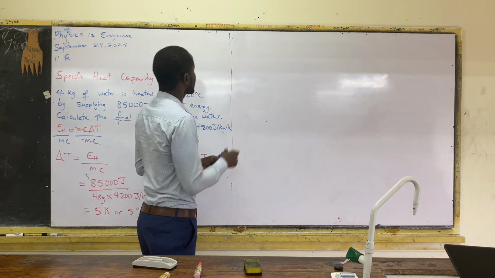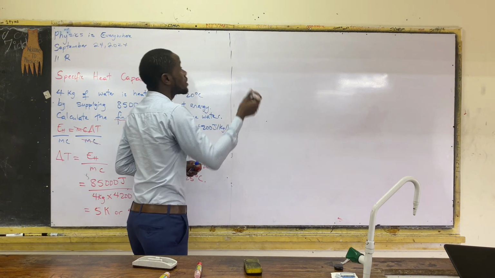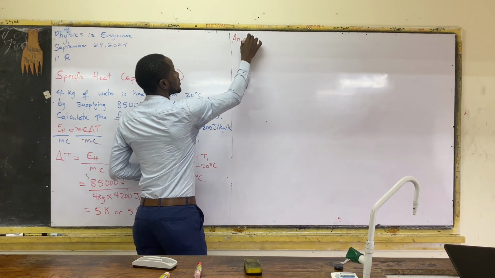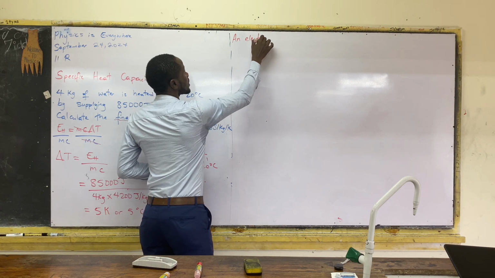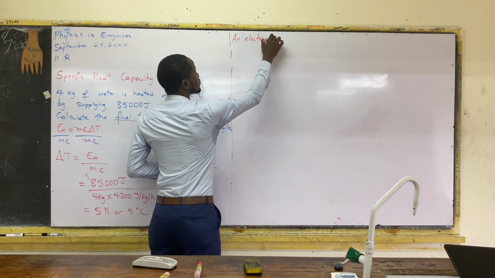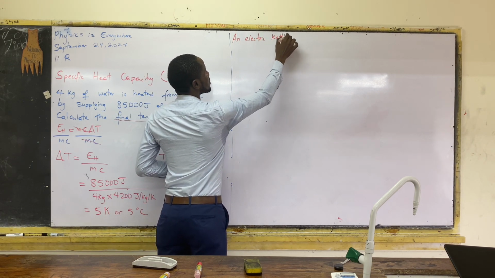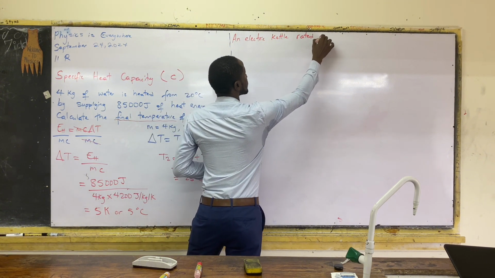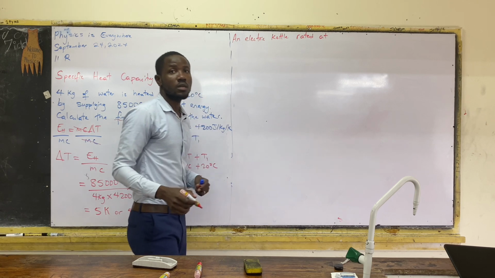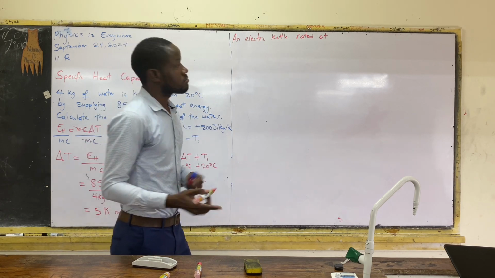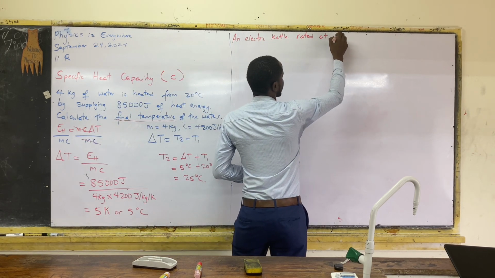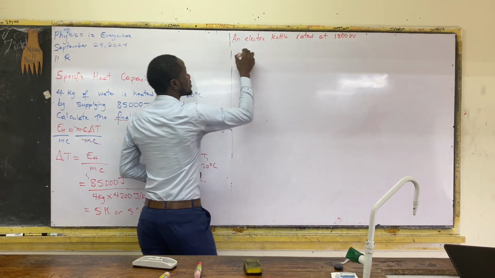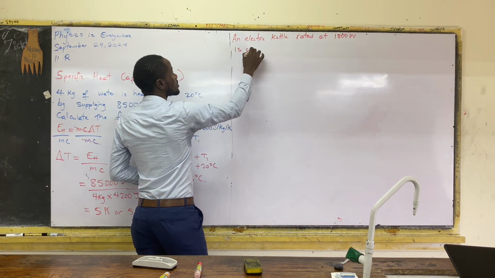So we're going to say now that an electric kettle, rated at 1800 watts, is used